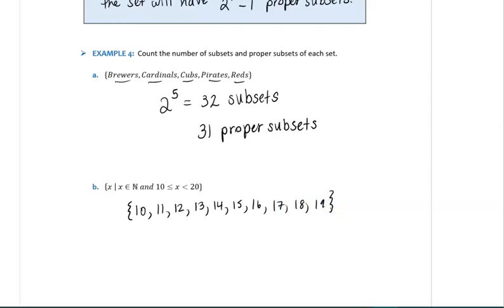So in order to find the number of subsets, we're going to take 2 and we're going to raise it to the cardinal number of this set. So in other words, I have to count the number of distinct elements in this set, which there are 10 elements in this set. So we would take 2 and raise it to the 10th power,